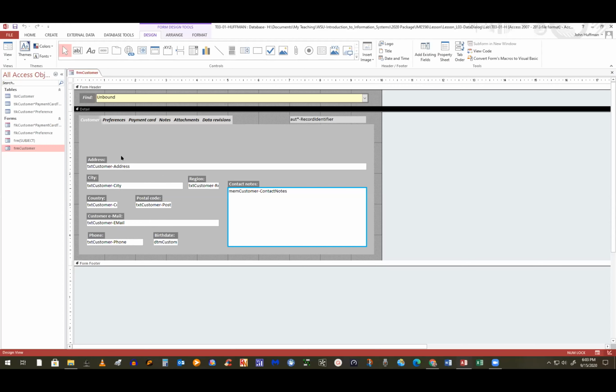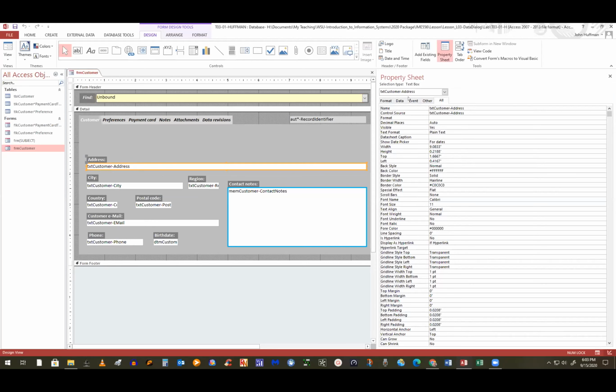Again, you won't have to go in and name any of them, all right? But I am going to open up one of them so you can just see it, okay? So for this one, the one that's bound to the field customer address also has a name customer address. Access actually generated that, okay? And I'm going to show that right now, how that happens, all right? So